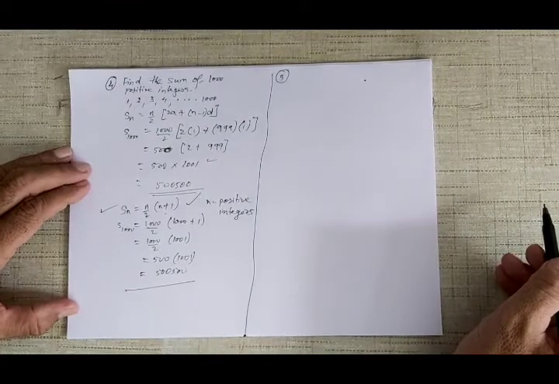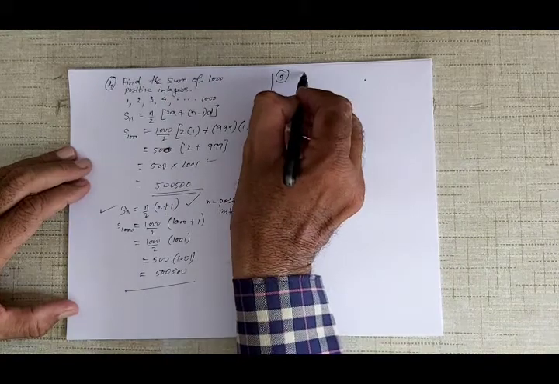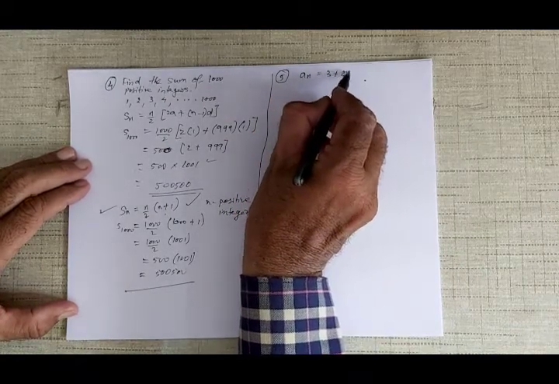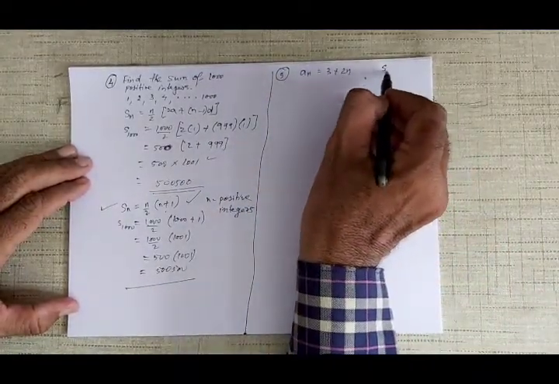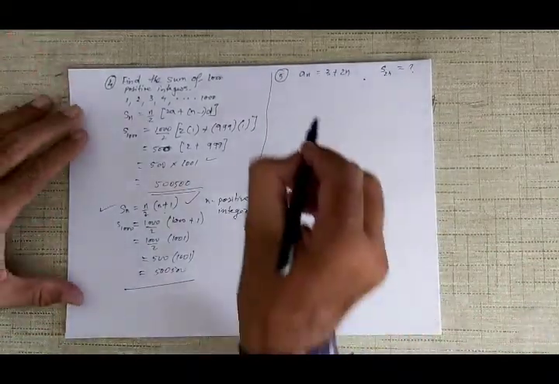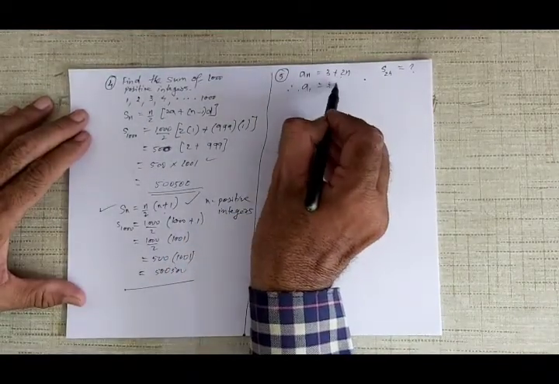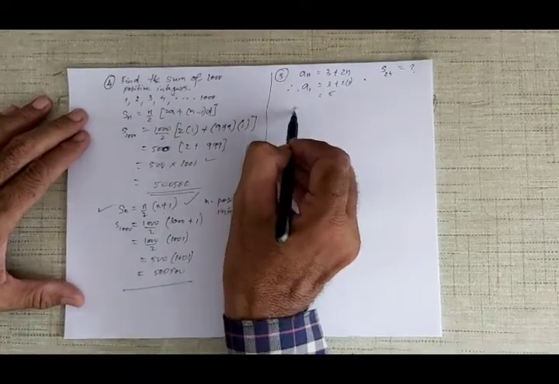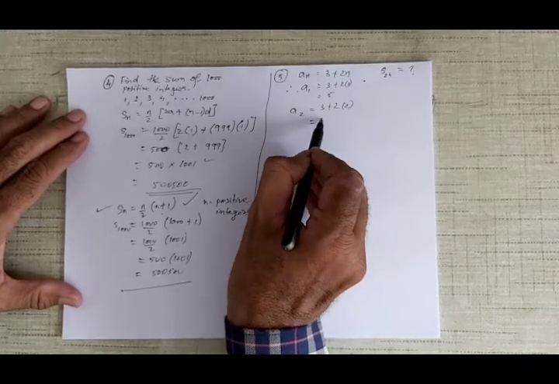It says find the sum of the first 24 terms of the list of numbers whose nth term is given. अब nth term हमको दे दिया है. nth term a n is equal to 3 plus 2n. ये question में दिया. You want to find the sum of the first 24 terms. S of 24. First 24 terms का total निकालना है. Alright, उसके लिए हमको A और D चाहिए. तो therefore हम अगर a of 1 निकालेंगे, first term, that will be 3 plus 2 into 1, that will be 5. Okay, then a of 2 will be 3 plus 2 into 2, 4 plus 3 is 7.